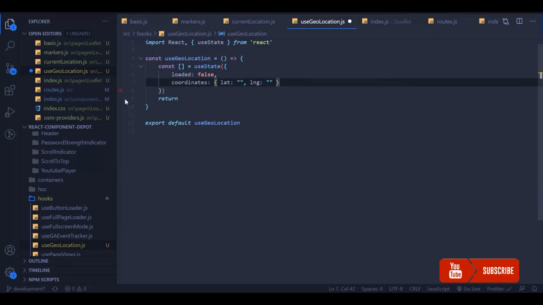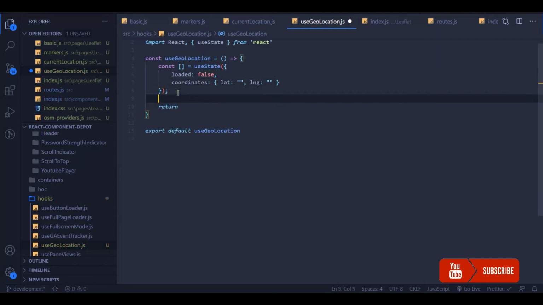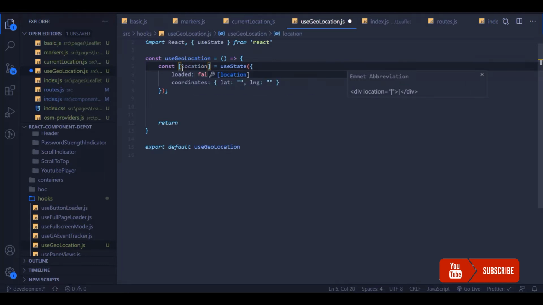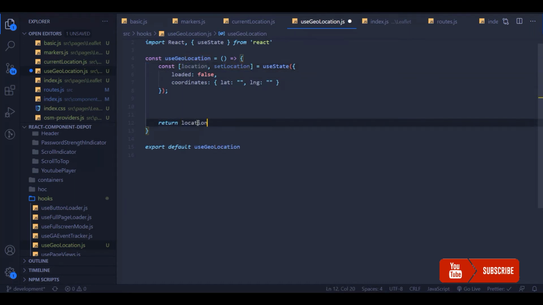Once we get the latitude and longitude information, we'll make loaded true. We'll name this state location, with another function to update it, and we'll return this location at the end.